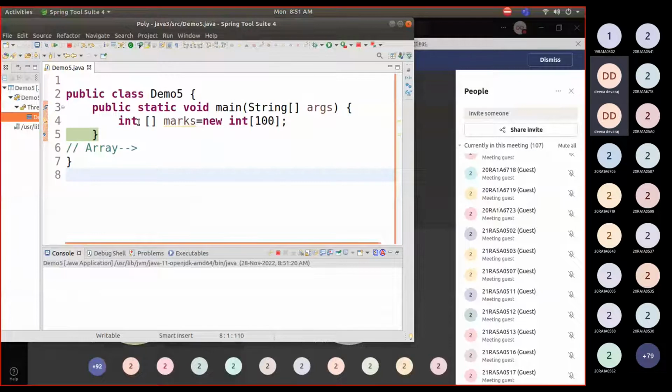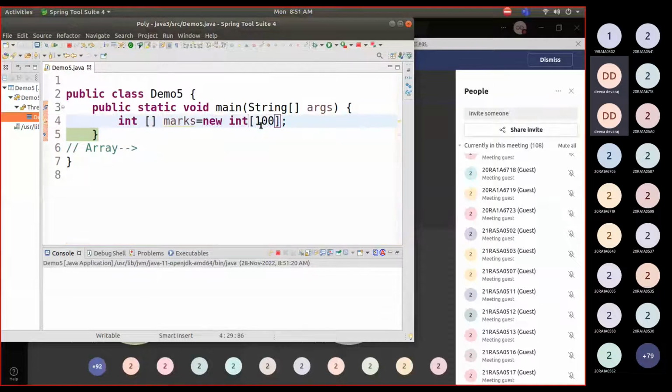So what is the disadvantage of doing this? You are initially defining a size of 100. You are saying I want an array of size 100, but you have only 5 students or only 10 students. Then it is a problem, right? Then it is a problem because